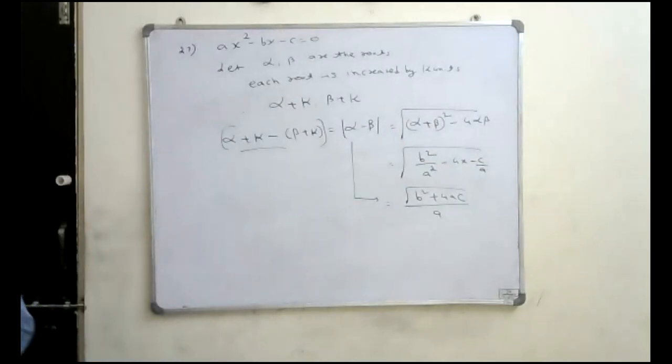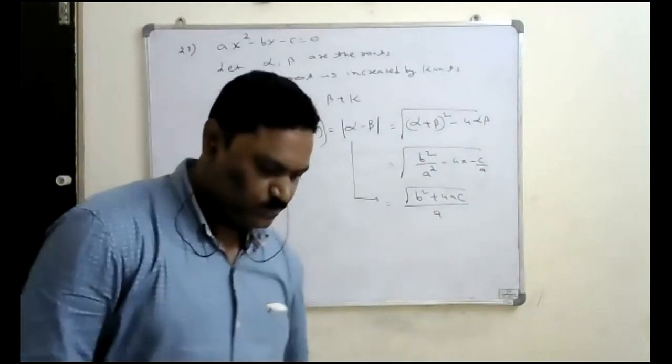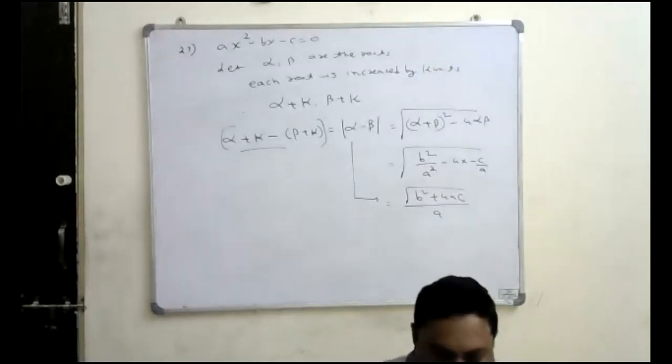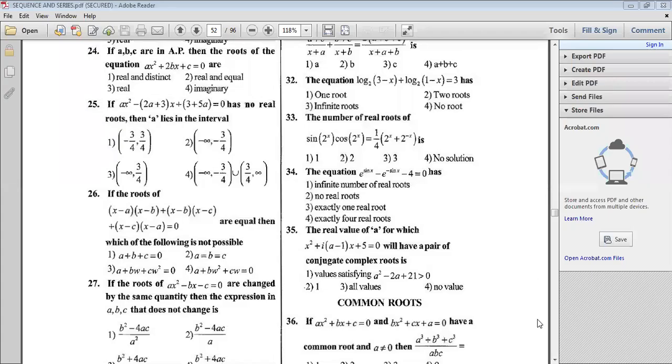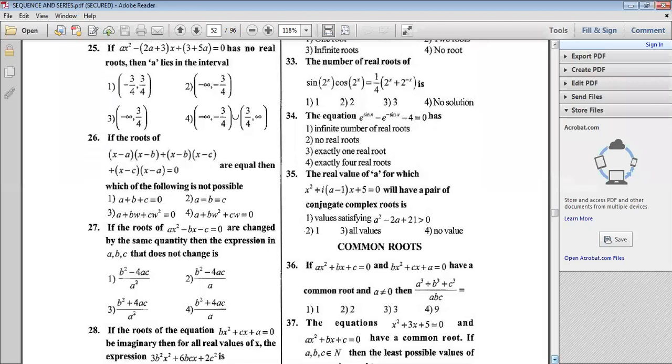Done. Next, look at the next problem. But which option is it here? Third option, sir. Third option, because square root is not given. They have made it squared, squaring on both sides. Even if they squared it, the amount does not change, right?